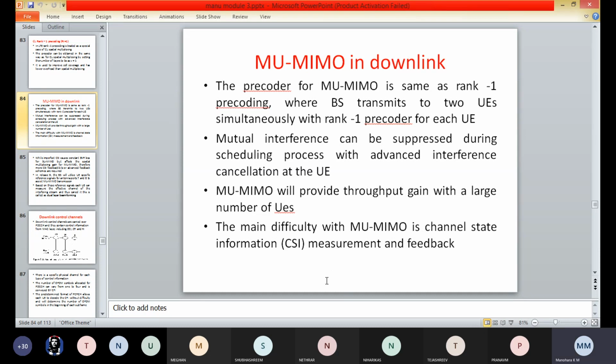While imperfect CSI only causes a constant SNR loss for single-user MIMO, it affects the spatial multiplexing gain for multi-user MIMO. Therefore, more CSI feedback bits or advanced feedback schemes are required. With simultaneous transmission to multiple user equipments, the CQI calculation for determining the modulation and coding scheme is also difficult, as the user equipment requires some knowledge about the precoding used for the other user equipments.